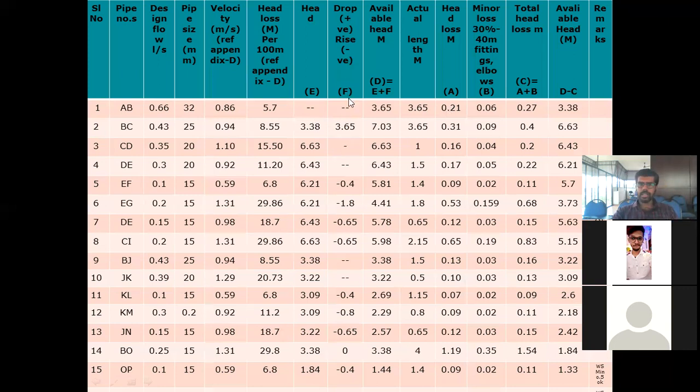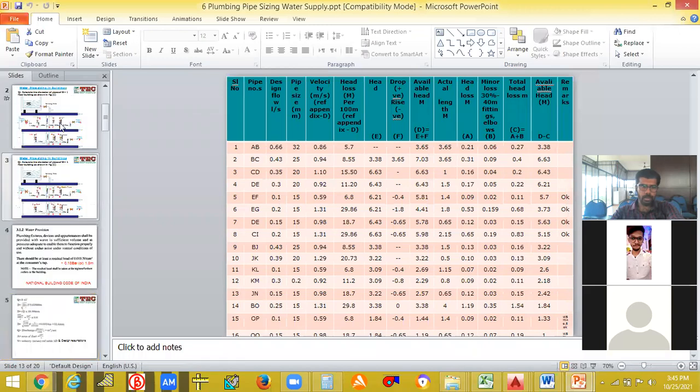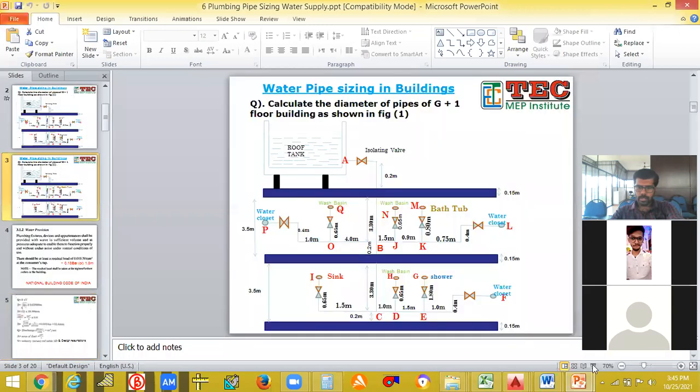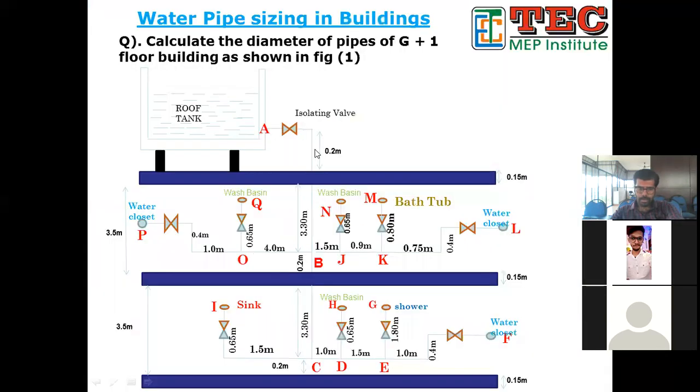And there might be a drop also, they have given a slash. But there will be a drop, okay? The drop means positive or negative. Positive means when the water is coming from top to downwards, it will be positive. If the water is coming from the bottom, going up against the friction, it will be negative. So here, will this AB be positive or negative? The water is coming from up, from top to bottom, so it will be positive.